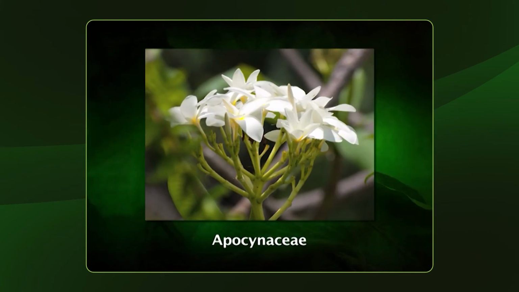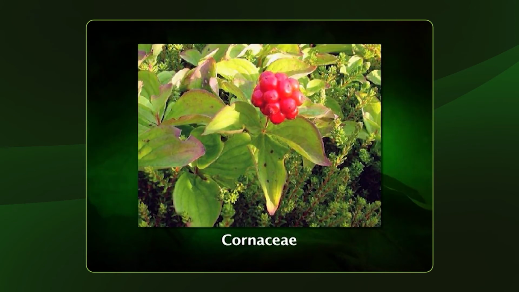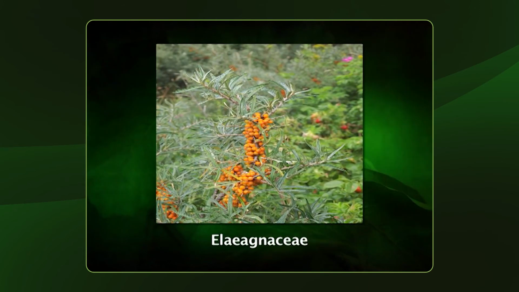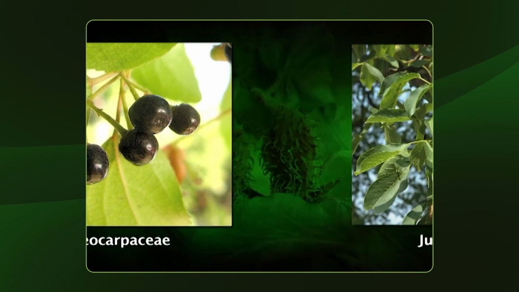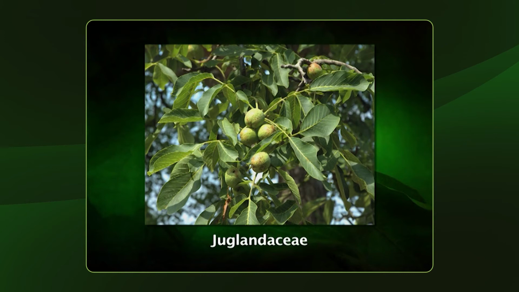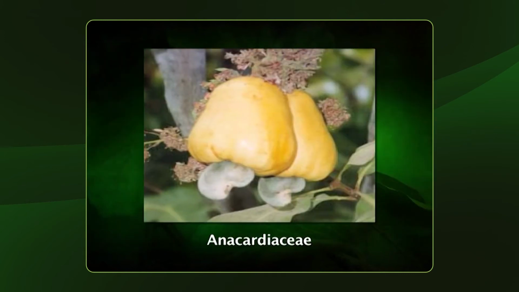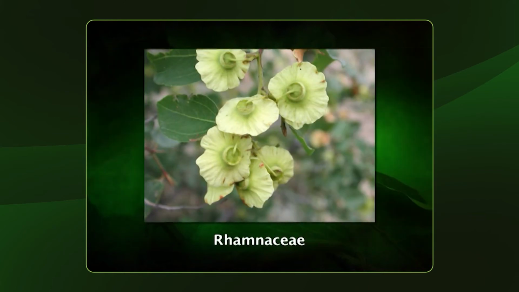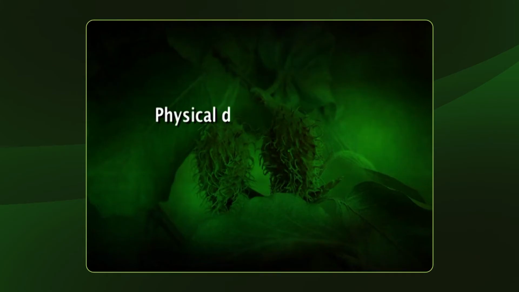Apocynaceae, Burseraceae, Cornaceae, Ebenaceae, Elaeocarpaceae, Juglandaceae, and Lecythidaceae, etc. In the Anacardiaceae, Rhamnaceae, and Tiliaceae, the endocarp can be impermeable to water, resulting in physical